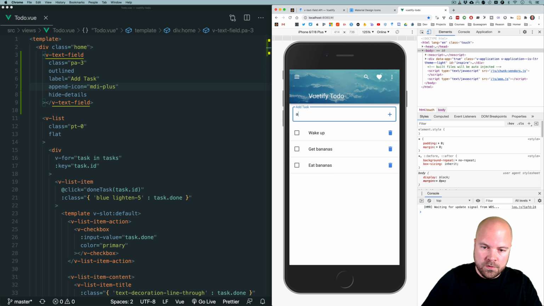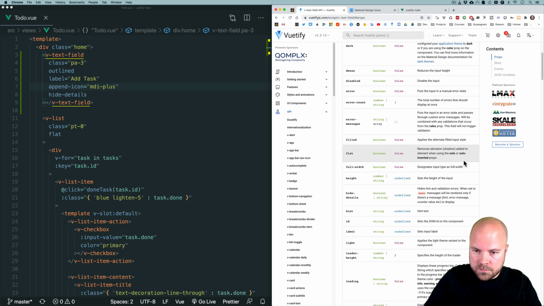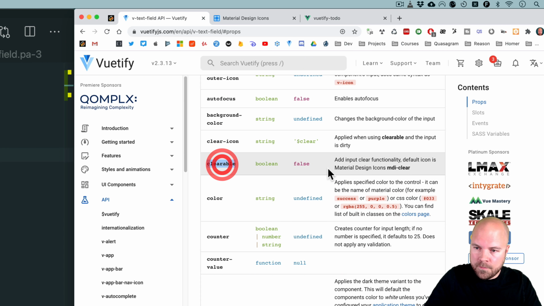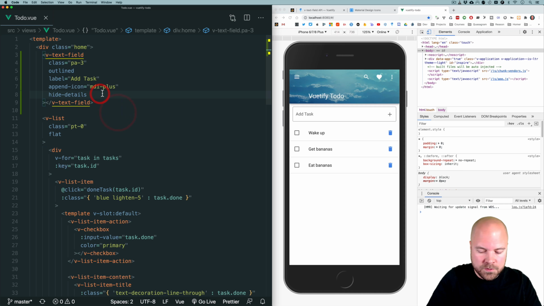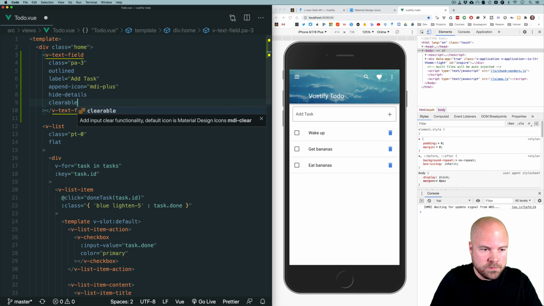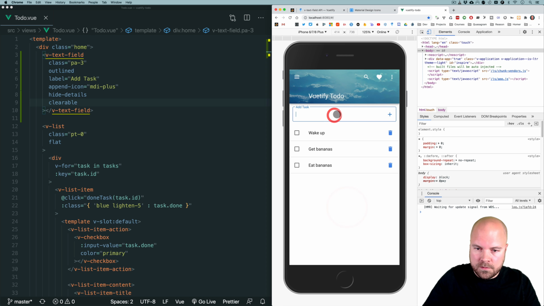And it'd be good if we could easily clear this field by displaying a little cross icon here or something, which you often see in fields. And there is a prop we can add, which is the clearable prop, add input clear functionality. So let's add that prop as well. So clearable, save that. And if we type now, we see this little X, which we can click to clear